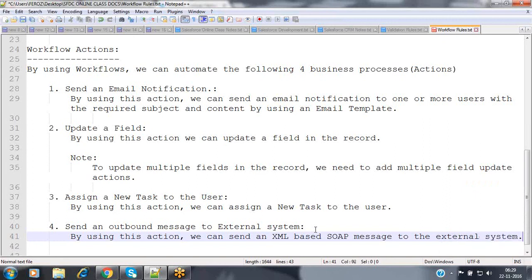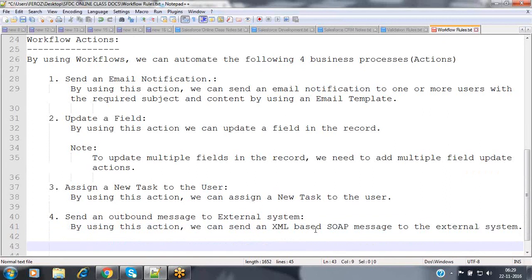This part comes under integration. In order to send some notification to the external system, we send that XML-based SOAP message. By using that SOAP API, we can send a message to the external system, which will receive the request and process those operations.